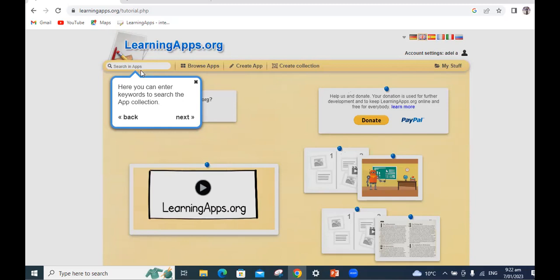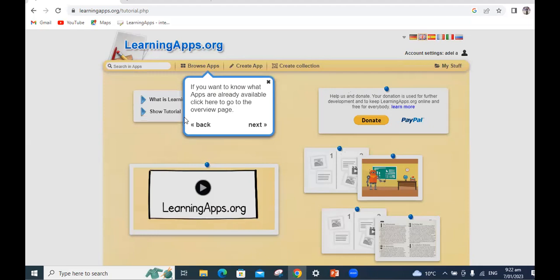By the way, this is my remark here: when you try to find something like this, you should press enter. Press enter from the enter button. Don't use the mouse, but press enter, and you will find hundreds or thousands about one topic. And I think it's even more available than Live Worksheets or these other websites.